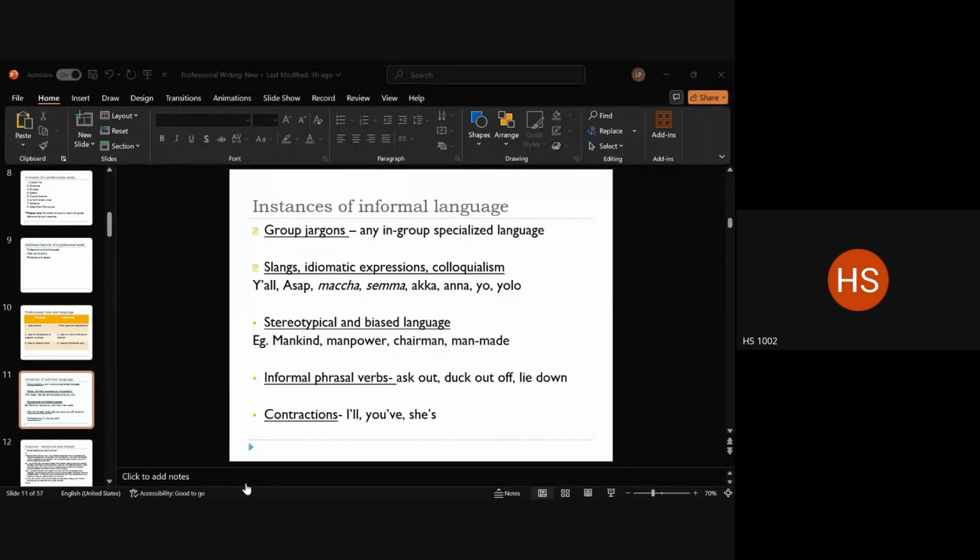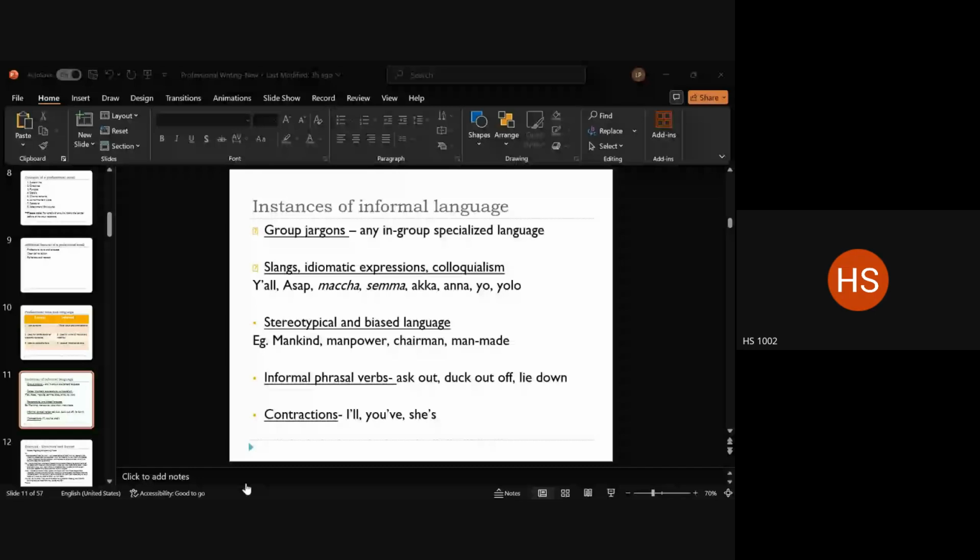Can you give me an example of idiomatic expressions? What I have on screen are slang and colloquialism examples. Idiomatic expressions, can you tell me a few of them? At least one of them. I have an example for that. This again was discussed by some professor here for a lecture, and he was talking about how Indians write emails. This professor is one Indian who works abroad. So hit, which one? Hit the sack.